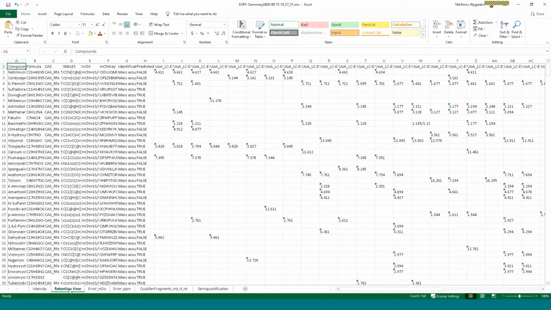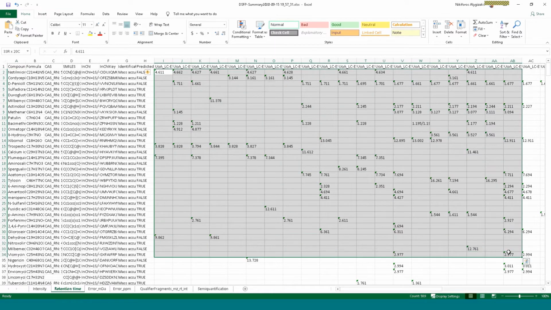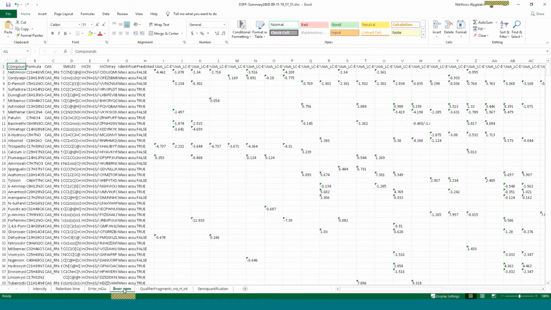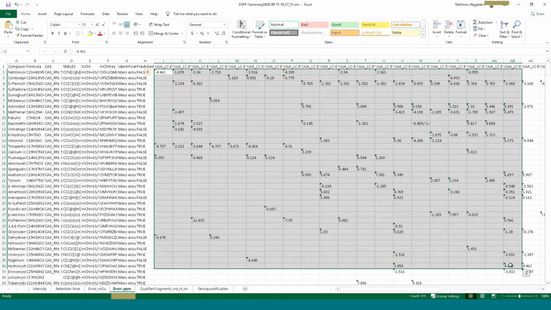The same setup is applied in the tab retention time, with a difference that here we have the retention time expressed in minutes. Error in millidalton shows the mass accuracy error observed in the data in millidalton, and the same information is included in the error expressed in ppm.